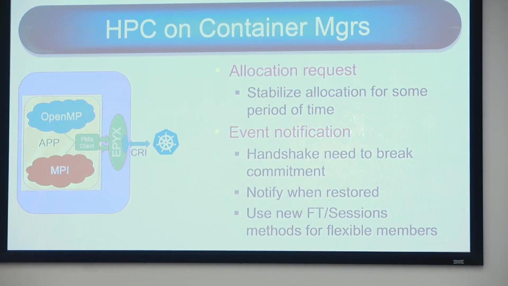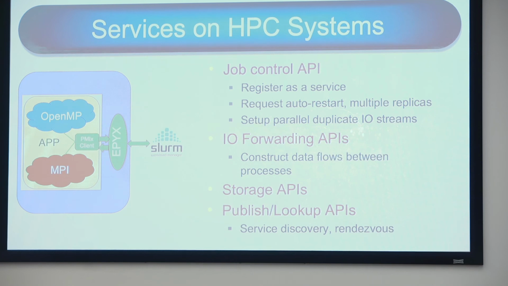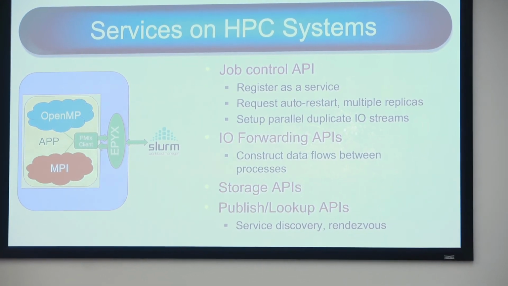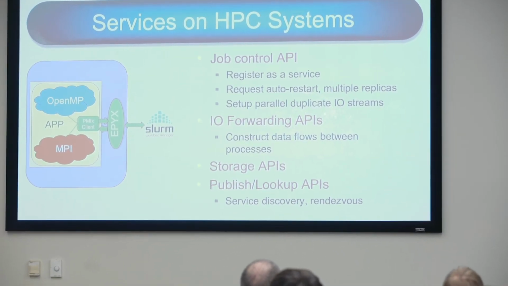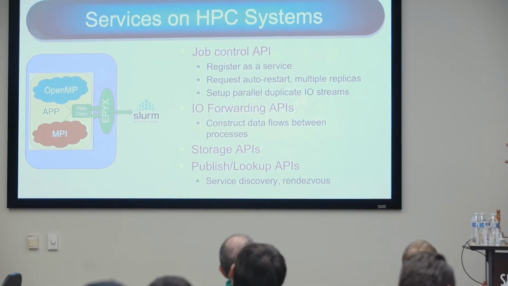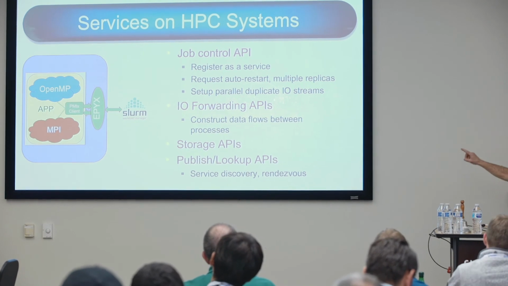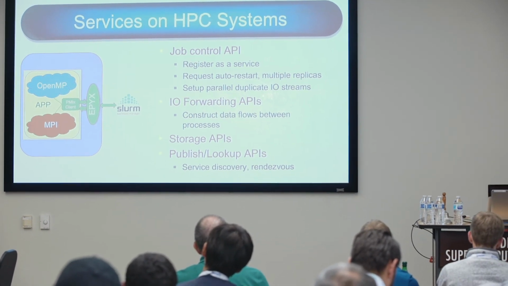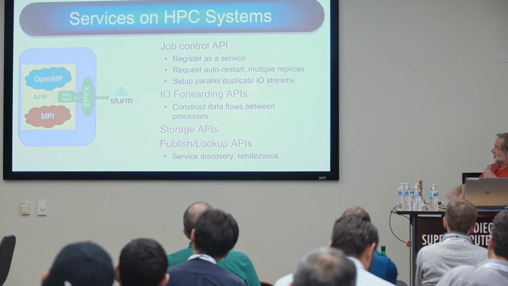And if there's any reason why it needs to change, there's a handshake so I can at least try and resolve the problem. And likewise, we're talking with the guys at places like Slurm about, okay, I want to run a service that looks just like a Kubernetes service, but I want to run it under Slurm. We have all these APIs in place. Can we use you guys that way? And the answer is yeah.